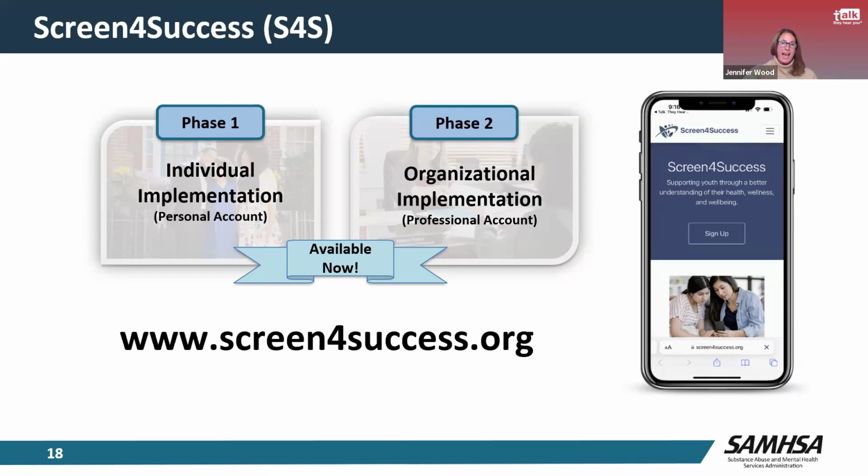And again, there's two types of access points or accounts that folks can access. There's individual accounts, which is really good for parents, caregivers, concerned adults who want to check in with young people in their lives. And then organizational accounts, which might be something that would be good for your organization and clinics, youth serving agencies. It's really open to, the sky's the limit. So if you are in contact with one of your partners and think that they could benefit from this, definitely pass the information on, because the next slide is going to really show you how to register and get it. It's very easy. So I think we are ready to move to the next slide.